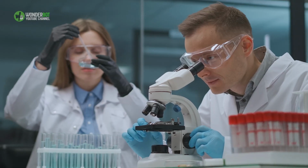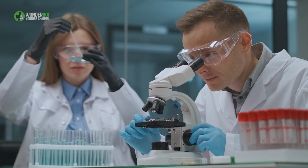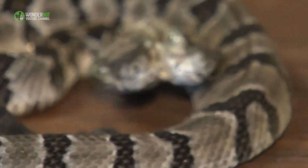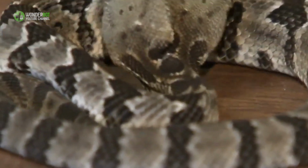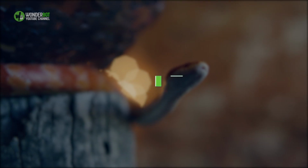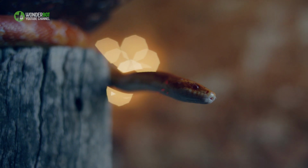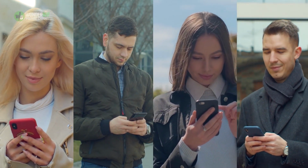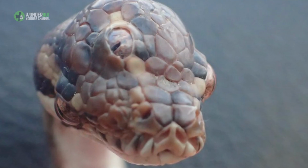The scientific organization will also continue to study the curiosity as it grows, although there's no way of telling how long it will survive. And Schneider and Burkett haven't been the only ones to come across such a bizarre, mutated animal. In May 2019, a three-eyed snake living in the Australian wilderness achieved viral fame after it had previously been found on a highway. Sadly, though, the creature passed away a matter of weeks later, possibly as a result of